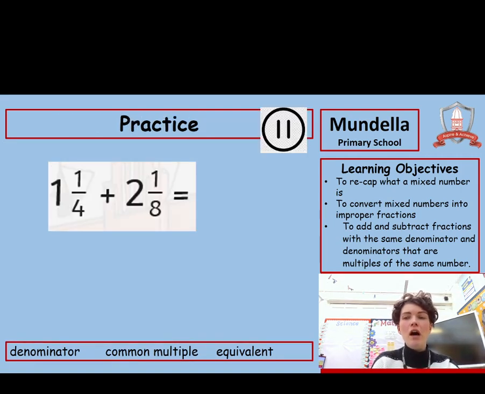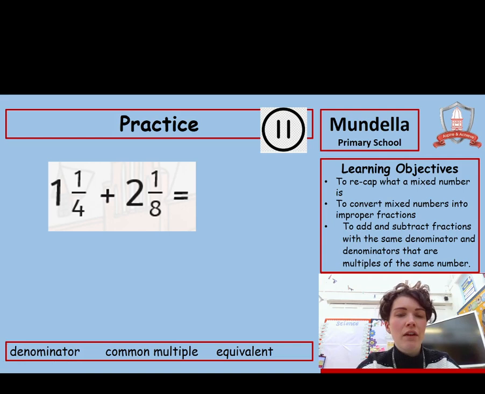So today we are going to be adding mixed numbers. You can do this one of two ways. You can convert your mixed numbers into improper fractions and then add them that way, or you can add the whole numbers together and then add your fractions. Now, as you recall from yesterday's lesson, when we're adding fractions with different denominators, we have to find a common denominator in order to add the fractions together. So for 1/4 and 1/8, we've got to change the 4, so it's then out of 8. So 1/4 is equivalent to 2/8, and then we can add